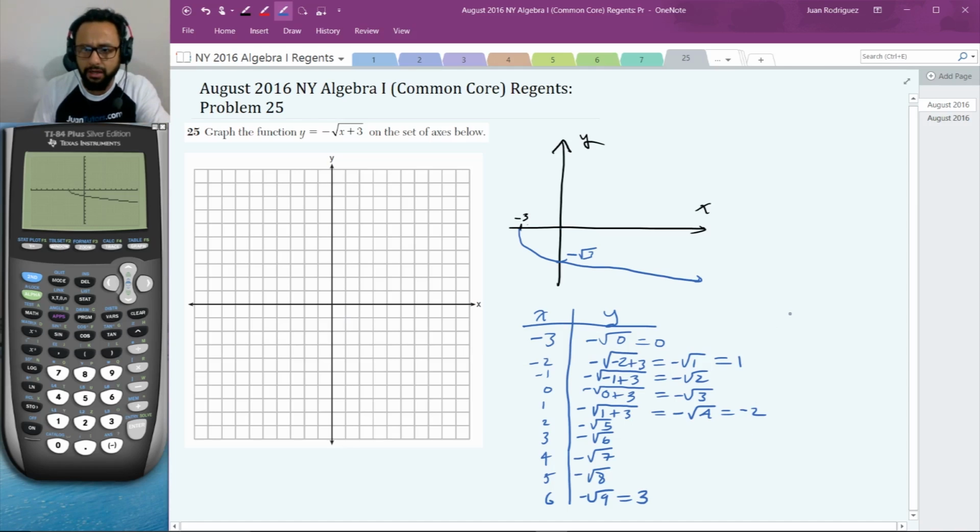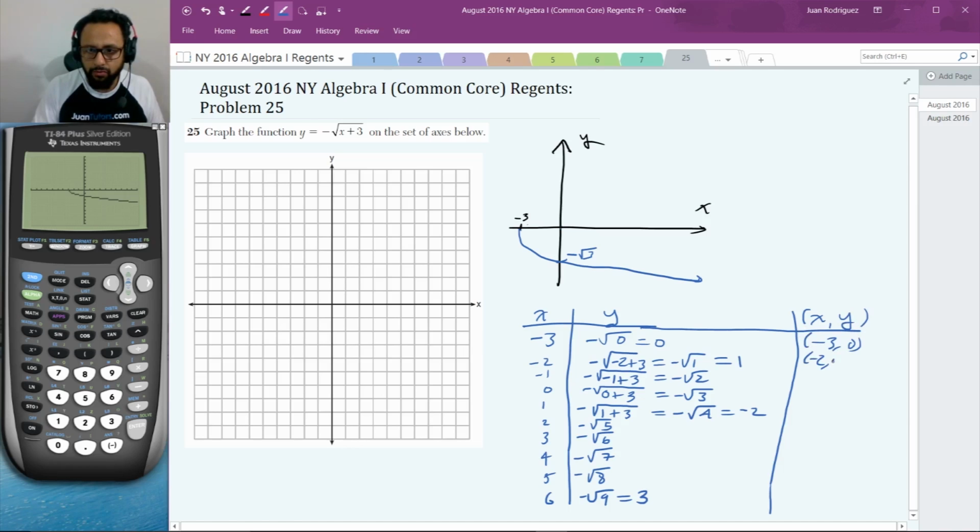I've seen some kids feel more comfortable when they do this. Sorry, my tablet was tilted, that's why that came out weird. So x comma y. I'll even do that for you. -3, 0; -2, 1; -1, radical 2. Sorry, -1, and then negative radical 2; 0, negative radical 3; 1, -2; 2, negative radical